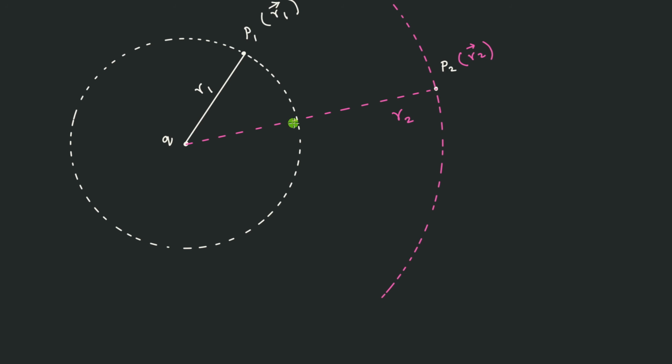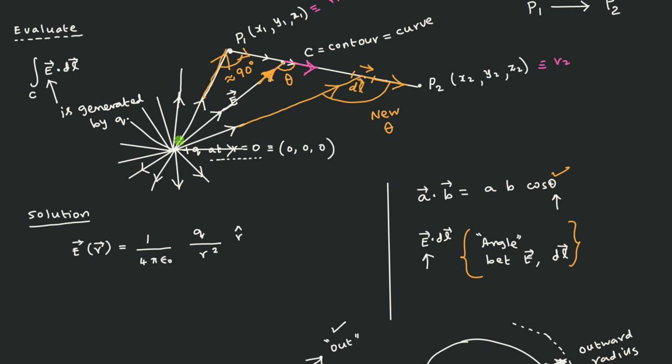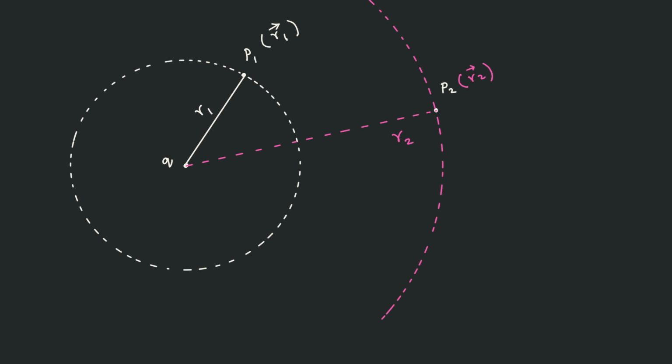What is the direction of the electric field? The direction of the electric field is identically the same as the same line. How do you know that? Because that structure you already know. You see here, everywhere you will have to draw the radially outward direction. So that will be the direction of the electric field. Therefore, interestingly, if you choose this particular pink color line as your travel path, that also happens to be identically the same as the electric field vector direction. And therefore, now you are achieving a condition that the electric field is parallel to your travel path.